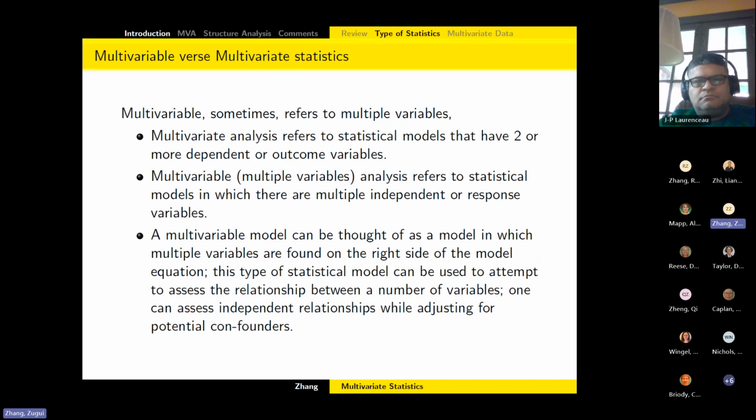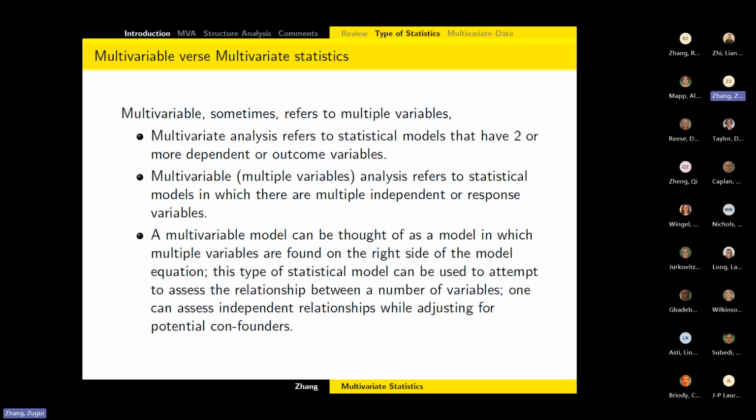variables as outcomes. A multivariable model can be a model in which multiple variables are found on the right side of the model equation. This type of statistical model can be used to assess the relationship between a number of variables. We can assess independent relationships when adjusting for potential confounders. But the multivariate statistics with